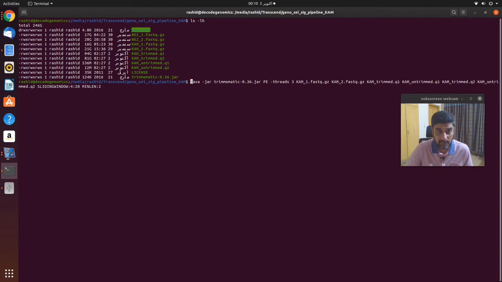So this is what I have already run with this command, and as a result it has created 4 files. Like I have mentioned the output files from here. So trimmed q1, untrimmed q1, trimmed q2 and untrimmed q2. So this is what you can also see, like these files are available, like Kamori trimmed dot q1, Kamori trimmed dot q2, Kamori untrimmed dot q1 and Kamori untrimmed q2.